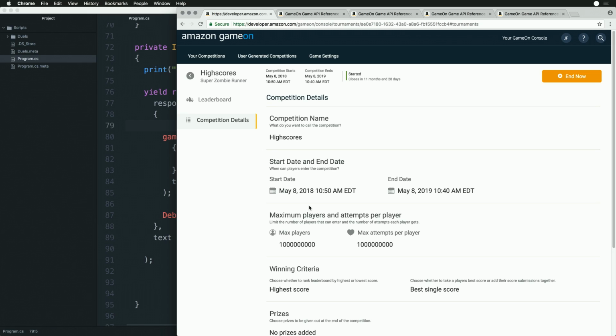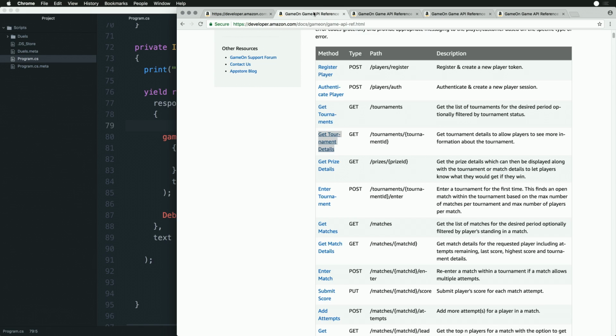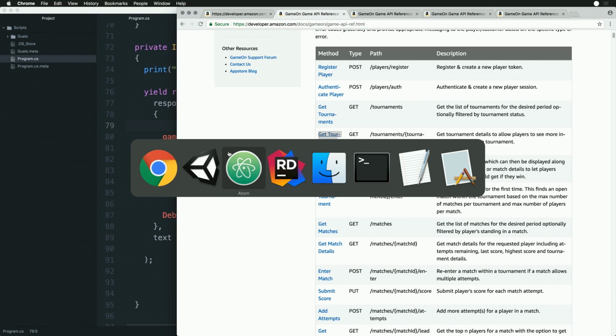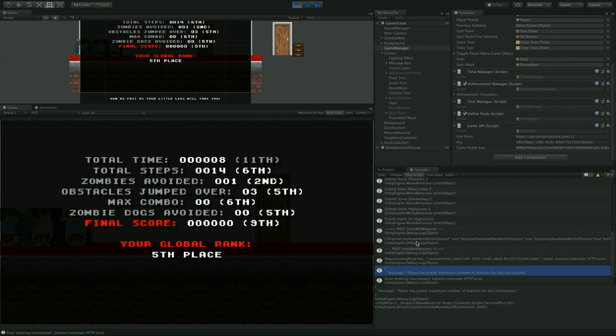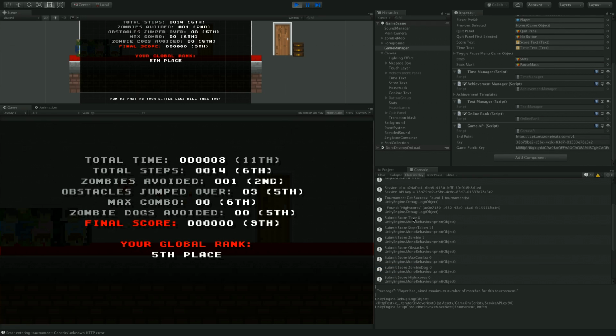All right, I would really like to know what I'm doing wrong here. Because now it's saying, all right, player has joined the maximum number of matches for this tournament. But when I look at the player,